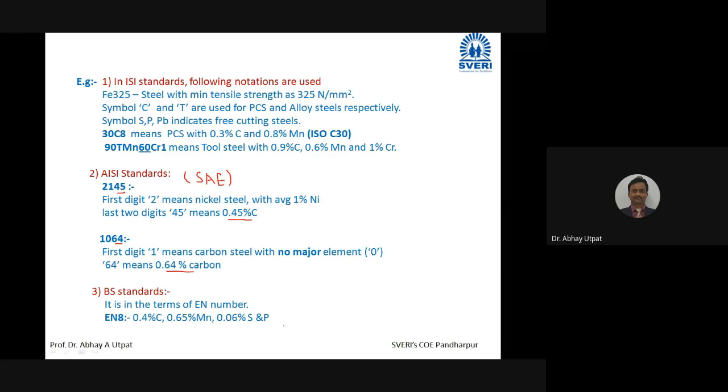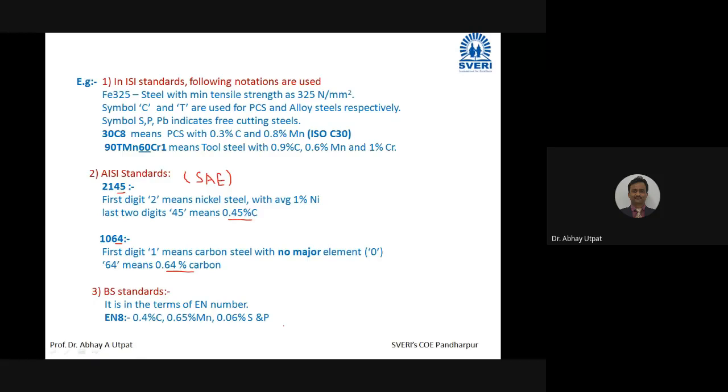If a short note is asked, you have to write the different standards and take 1 or 2 examples. This question will be asked for 3 marks in theory. At the same time, this question may be part of the oral examination, and 100% it will be part of your interview if you are going to appear for any core company; these codes will be used as questions by the interviewer. So in today's class we have studied types of stainless steel, martensitic, ferritic, and austenitic stainless steel. And at the end, we have covered standards and specifications.